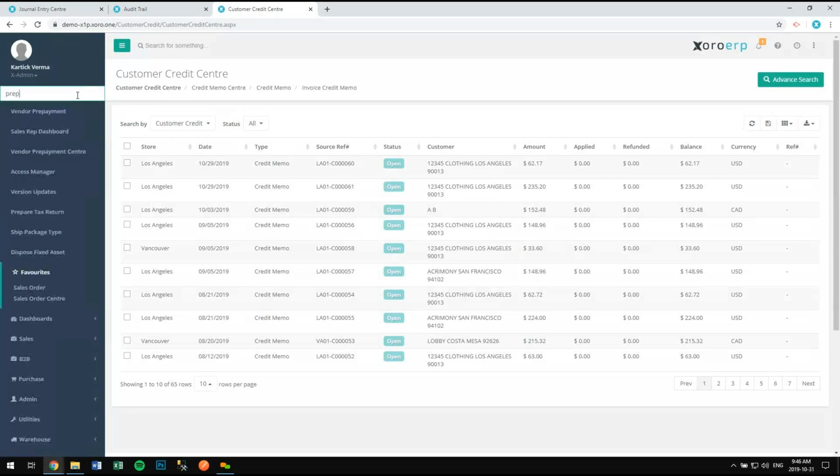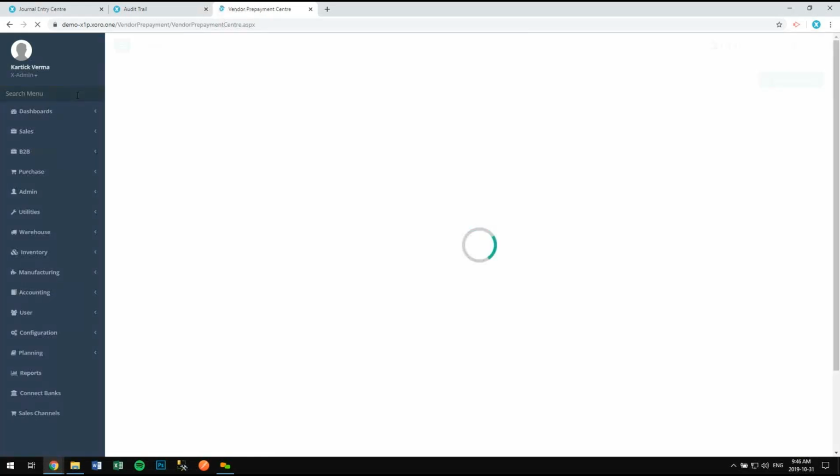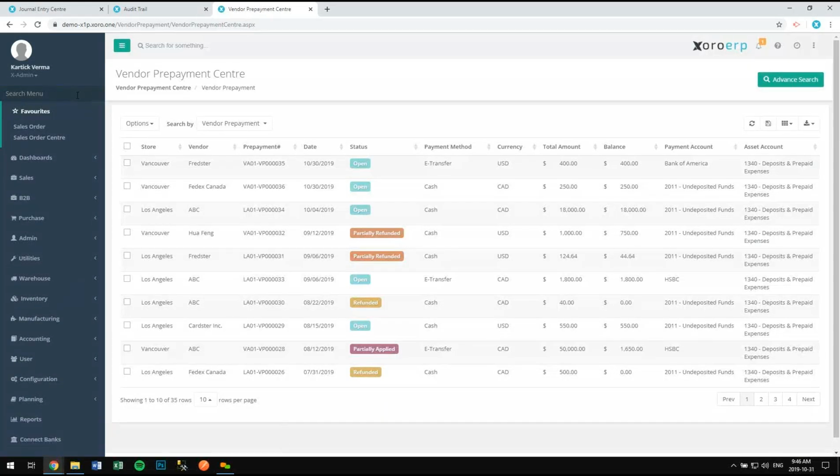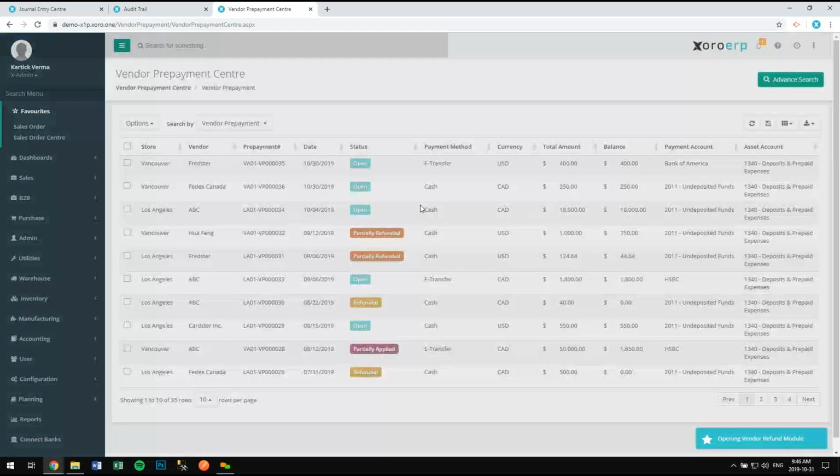On the purchasing side of things, similarly, you can create a vendor refund on vendor prepayments and vendor credits. So let's create a refund for a vendor prepayment. This is the scenario where you've recorded a prepayment, but for whatever reason, you've requested a refund, and you can process that on the prepayment. So you can right-click the prepayment, click on refund balance,